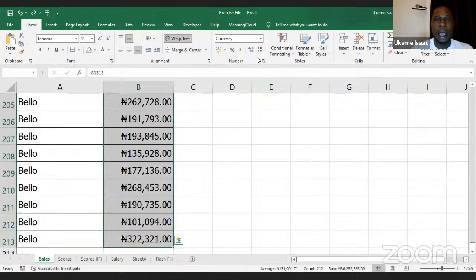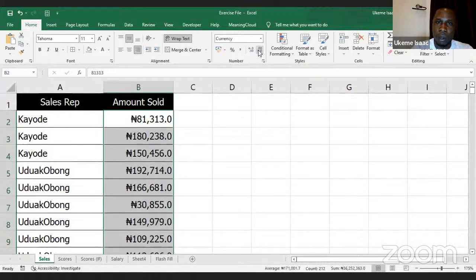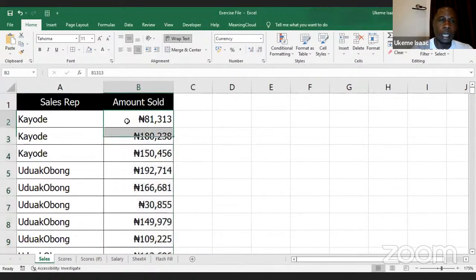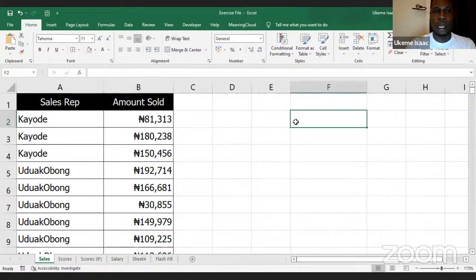So from here now, I can just decrease my decimal. So I can just click here to decrease my decimal, and that's exactly what I have. So you can see from some of the things we do now, there are a lot of things you can do that do not really need the formula. Let's look at other examples. For example, one funny thing about Excel is that